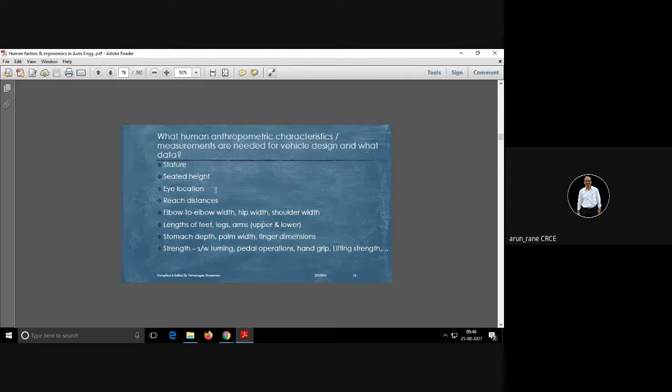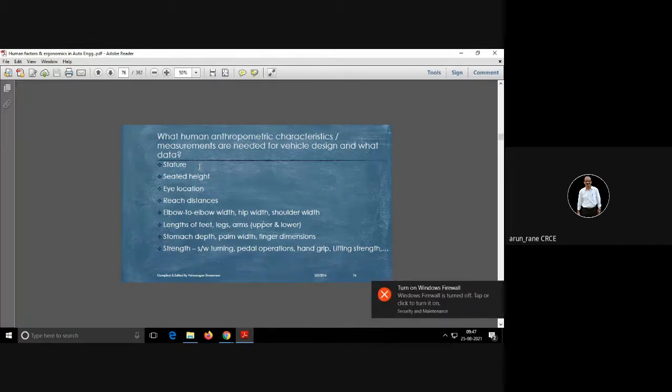So, what human anthropometric characteristics are needed for vehicle design and what data? You should know the status, whether it is sitting position or standing position. Like the person is going to assemble or do the work in sitting condition or in standing condition, or maybe halfway standing sitting. Then what should be the height, what should be the eye location, what should be the reach distances, what should be the elbow to elbow width, hip width, shoulder width, the length of the feet, legs, arms,